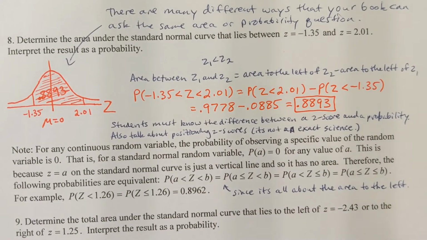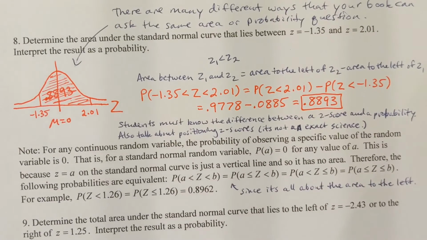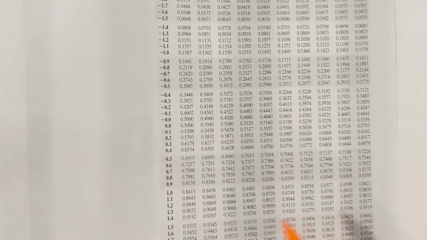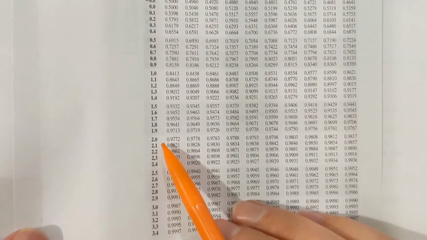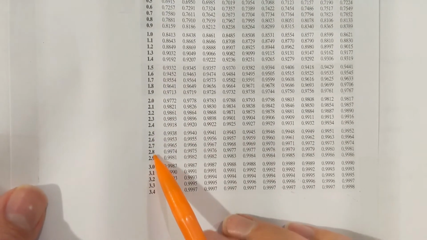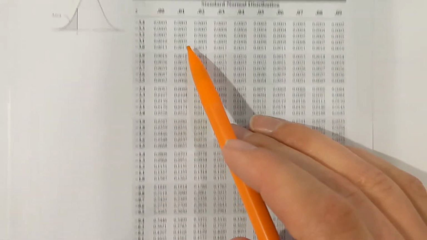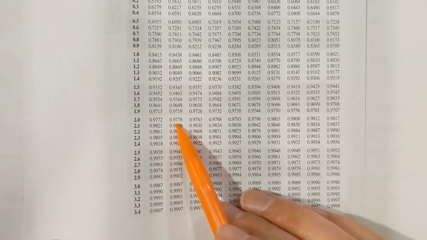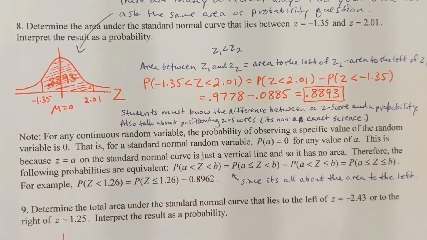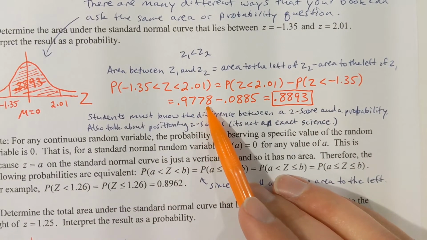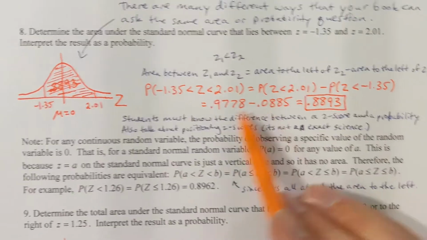Well, let's go ahead and look up our areas now. So the area to the left of 2.01, okay, so here's 2.0 right there, and then match that up with the column that is for 0.01, and I'm getting 0.9778. So the area to the left of 2.01 is 0.9778, and I want to subtract the area to the